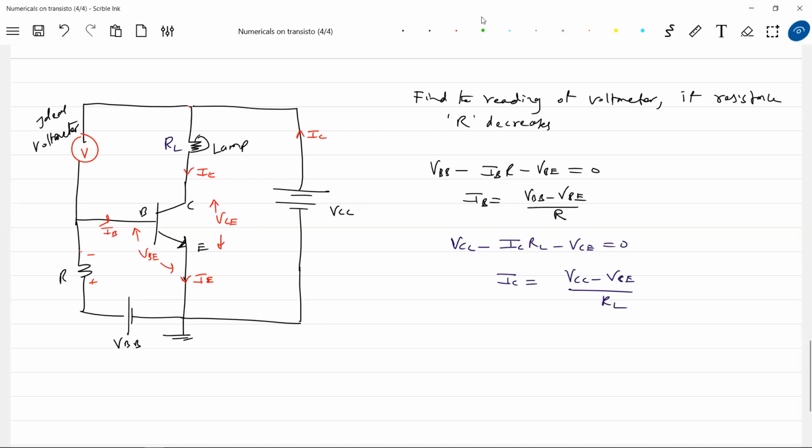Now, as R decreases, what is the thing? If R decreases, what should happen to IB? We have here data. If R decreases, IB will increase. And we have the relationship IC is equal to beta IB. If IB increases, IC will increase. If IC increases,